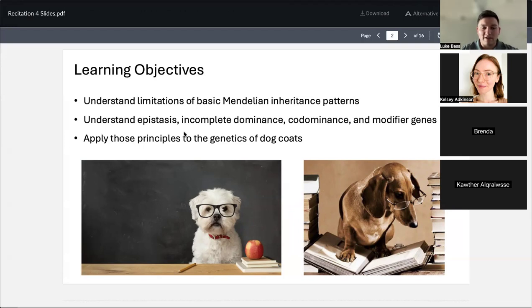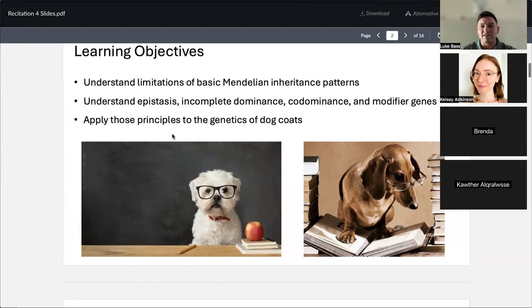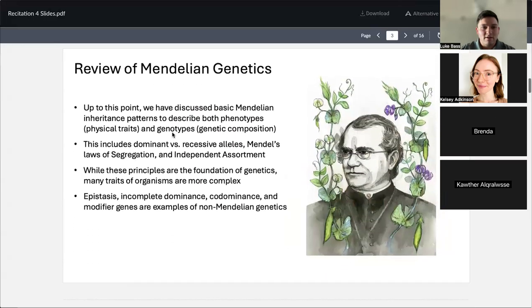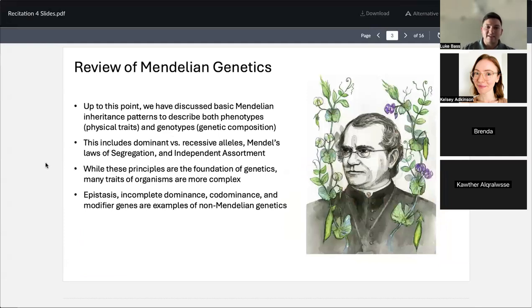Through this PowerPoint, you should be able to understand epistasis, incomplete dominance, codominance, and modifier genes, and then apply those principles to the genetics of dog coats. As you'll see, some of the questions in the recitation quiz go over dog coats as well as some other phenotypes in plants. So just going over Mendelian genetics, we've pretty much just been talking about phenotypes, which are the